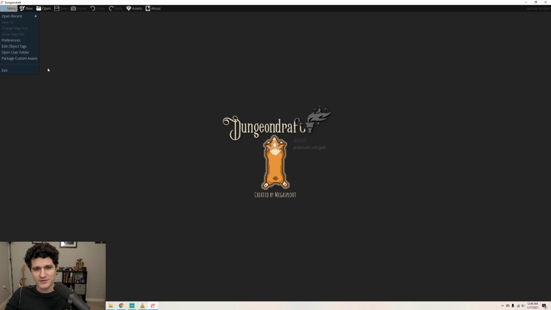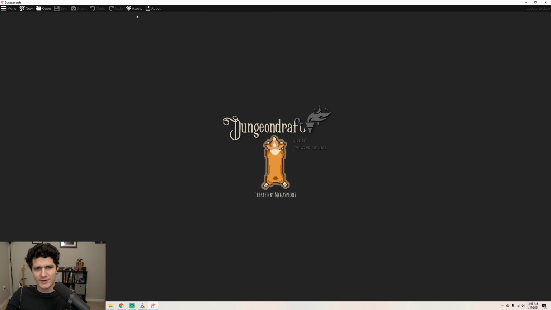We'll get to the new button up top here in a moment, but first, Open lets you open any existing Dungeon Draft maps you want to keep working on, and the next 4 buttons are grayed out since these are for use while you're making a map. But to quickly summarize, Save saves the map as a Dungeon Draft file for future editing. Export lets you save it as different file formats, including PNG, JPEG, or a VTT file format that contains information on walls, doors, lights, and windows. Then we have the Undo and Redo buttons, which are pretty self-explanatory.